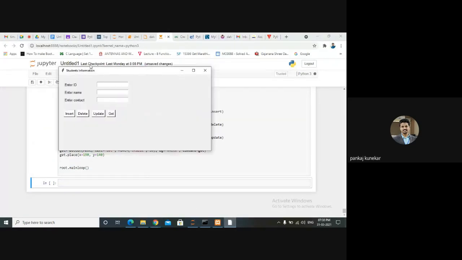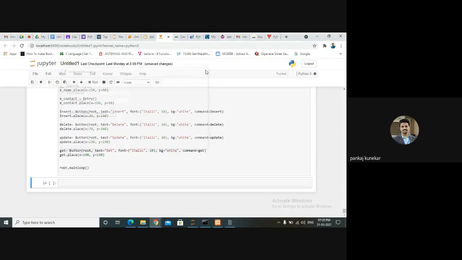Okay, so this is a GUI basically created by using Tkinter. Tkinter is a tool, or you can say framework, to create your GUI. This is your label. These are your labels. These are your text boxes, and these are your buttons, and these are the clickable events. So as soon as I enter the element, it should insert the data into your database, into a table. It can delete, it can update, and it can retrieve your data. So this is a small application for your CRUD operations.